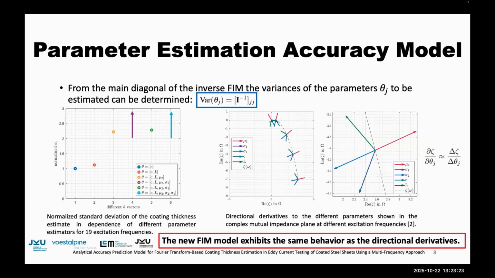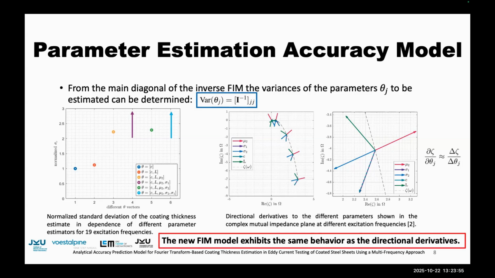For example, if the coating thickness C, the lift-off L, the permeability mu2, and the coating conductivity are estimated, then the standard deviation rises significantly. That's going up to 3,500, and here to 5,000, which means the parameter, the coating thickness, is not estimable. On the right, you can see in comparison the directional derivatives to the different parameters displayed in the mutual impedance